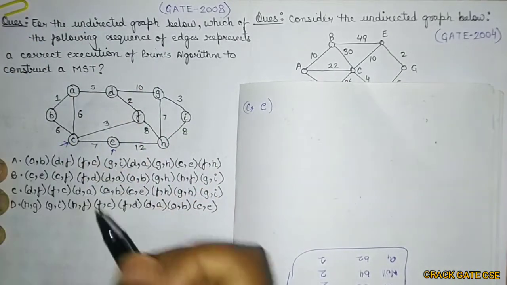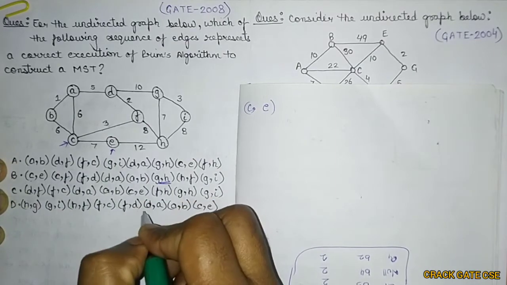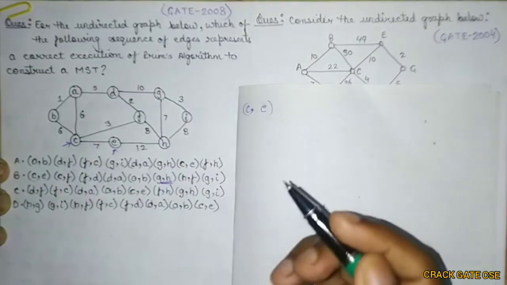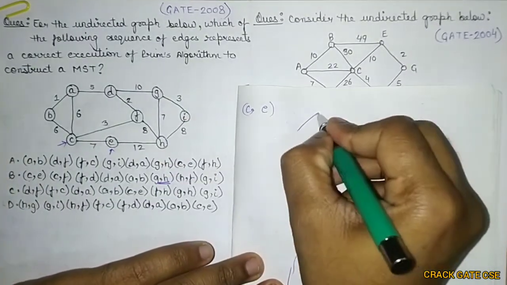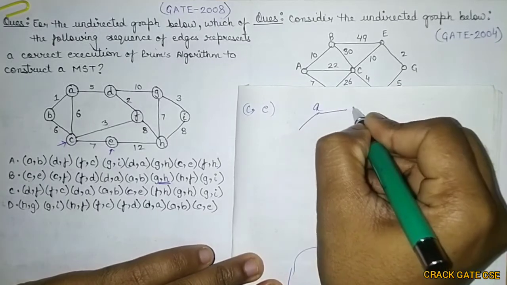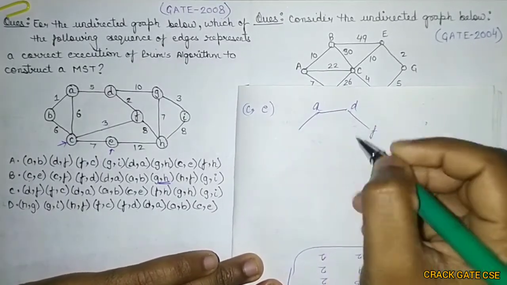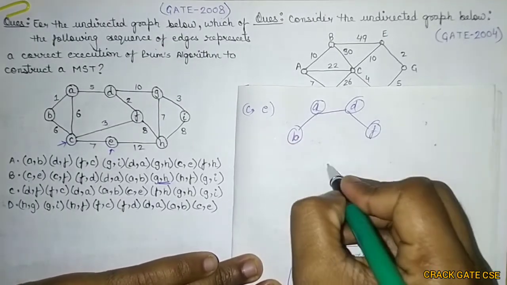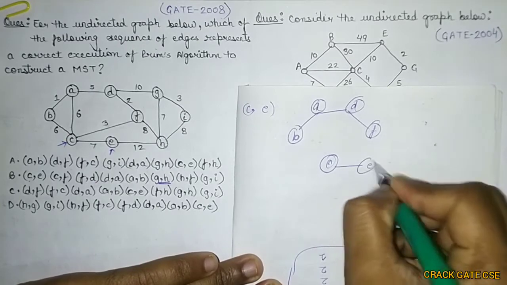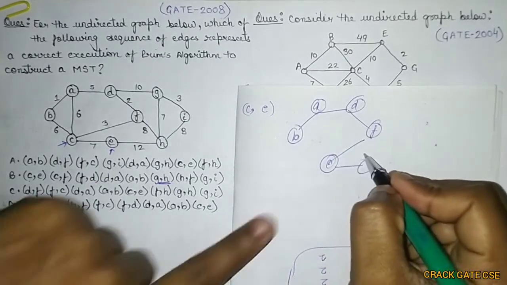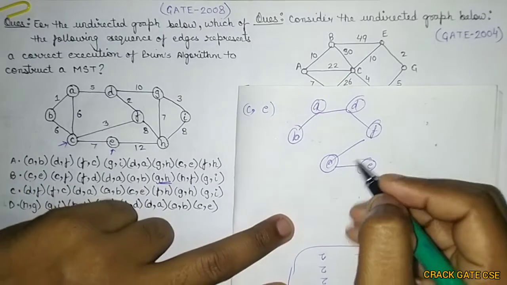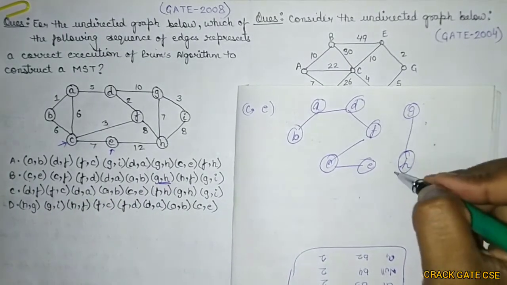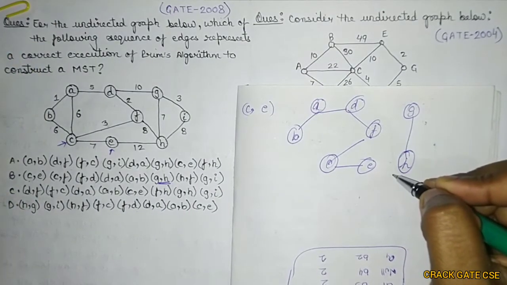Now after selecting AB, you can see that they have selected GH. If I select these 6 and then select GH, it would be a disconnected graph. They have selected A, D, F, so this one was B, A, D, F, C and E. Now they are selecting GH, which is again a disconnected component, because there is no connection between these two components. So it is also not possible.